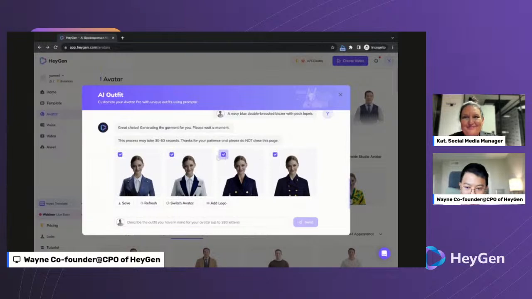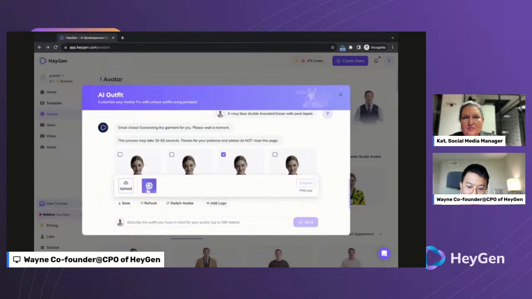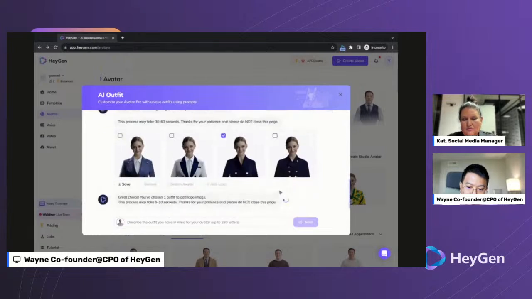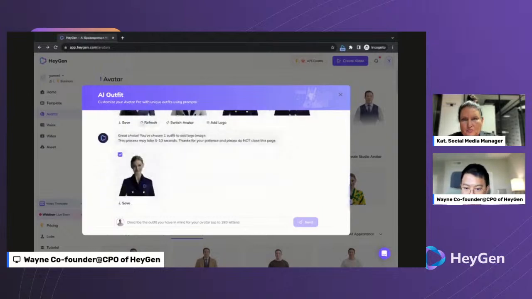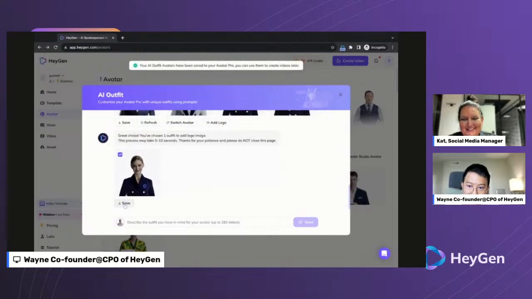Yeah, it's done by AI, and you can continue to refine this until it meets your requirements, right? I think this one looks really good. So I can just unselect the others. I can also save all of them, and I can save this Monica to my library. But before I do that, I can also add our company logo, right? So let me try adding this HeyGen logo to her outfit and see if that fits. Maybe adding the logo to this one's better. Okay. It kind of works. It's pretty good. So I can save this.